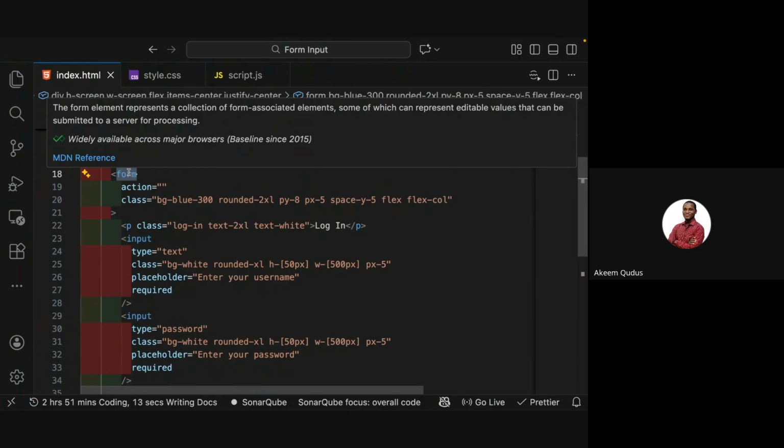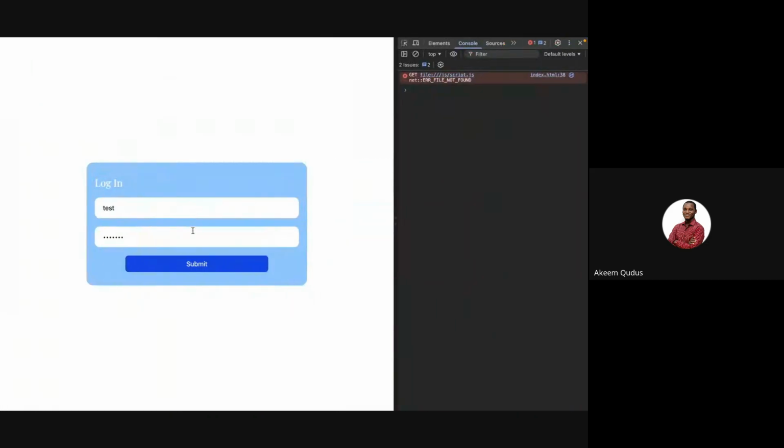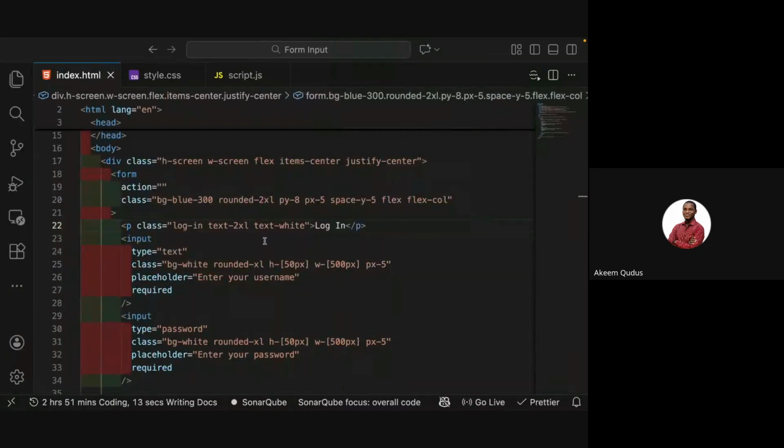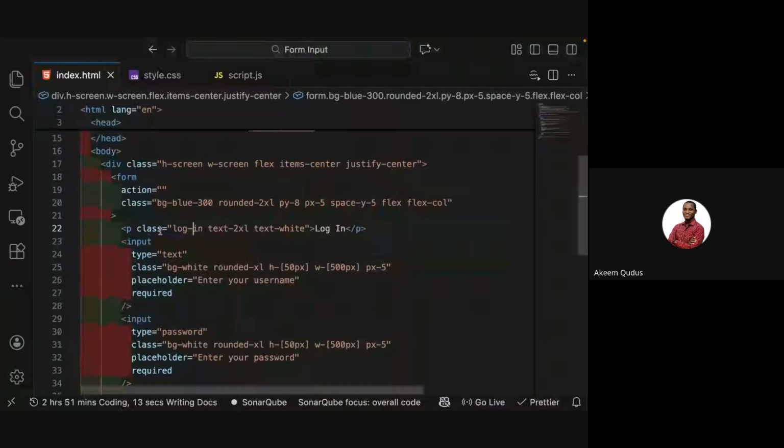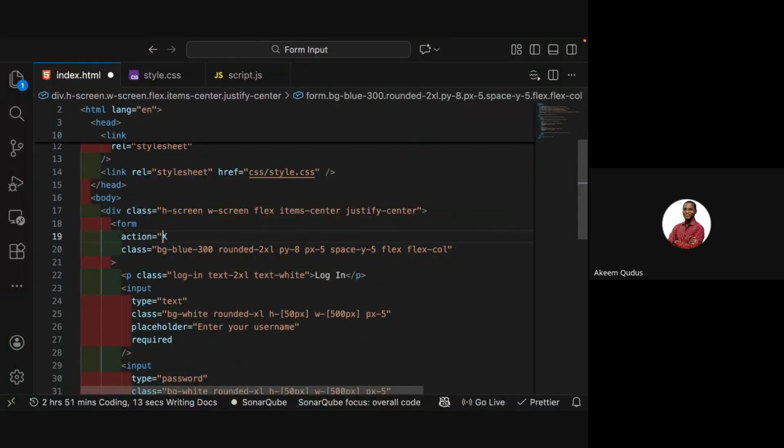Okay, now let's go on. Hold on, let me just reload this. So now what do you want to do here? We validate it. You cannot submit without inputting. Awesome. Now, what do we want next? When you click on this submit, we want something to happen. How do we do that? We need to give this form